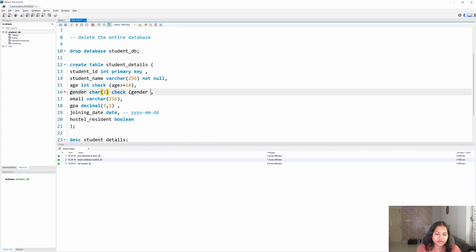If it is a string, you will use in. Gender in, here you will put M, comma, F, and close the bracket. One more close bracket for this one. So gender should be in M, F. That is done.